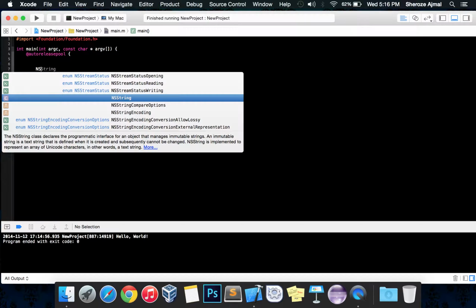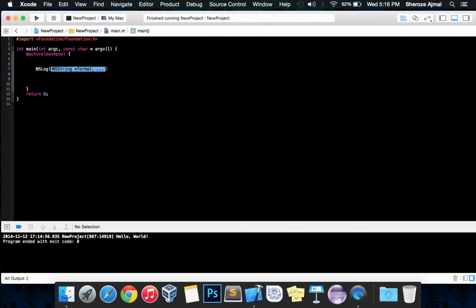That's why all the Apple classes, or at least most of them, any class or function that belongs to the Foundation framework, has an NS prefix. So it's NSLog, and if you press enter, IntelliSense